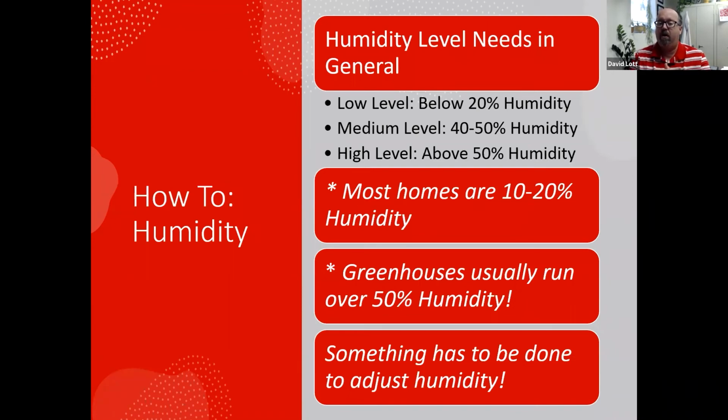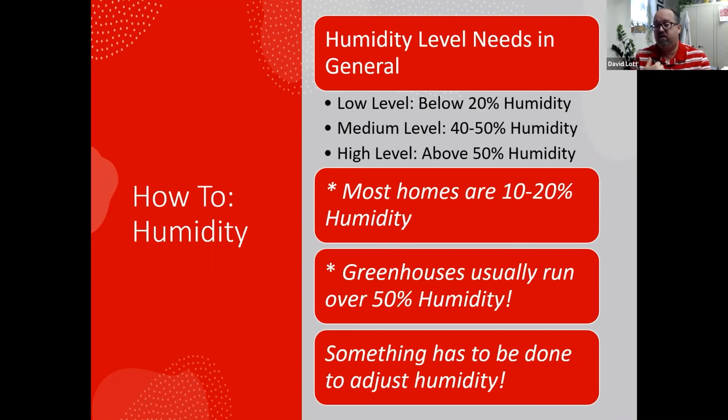So think about low, medium, and high, meaning low is below 20%. Medium is 40 to 50%. And how many of us have a home with 40 to 50% humidity indoors? Because especially during the winter, the heat turns on and it just takes the humidity out. High is 50% and above. And that's why John has that big 4,000 square foot humidifier in, and that's how he's keeping those beautiful plants going with that humidity. So that's what's really a challenge, because we're not in the same environment as a greenhouse.